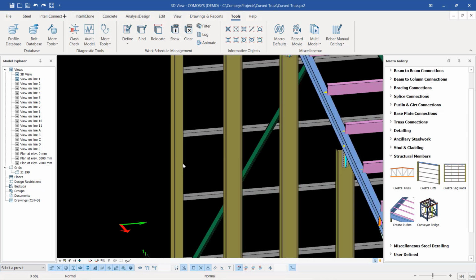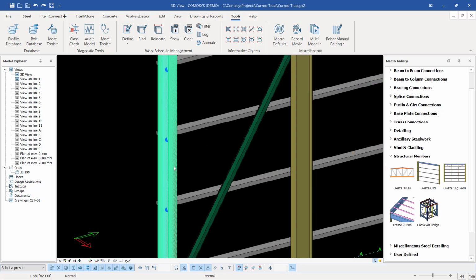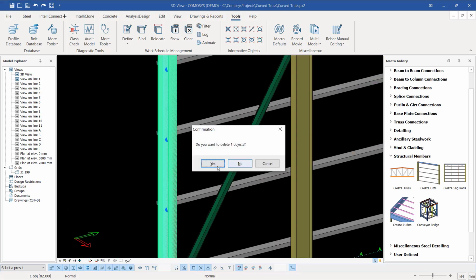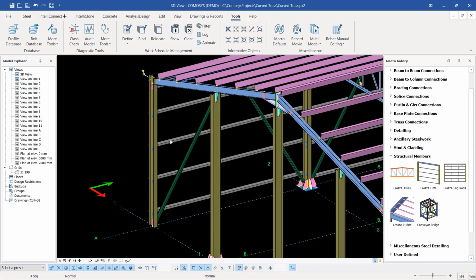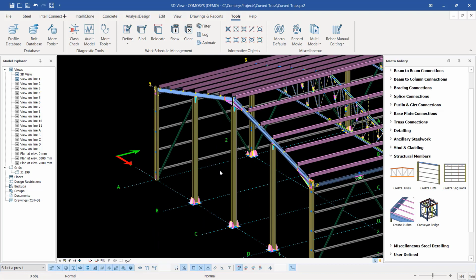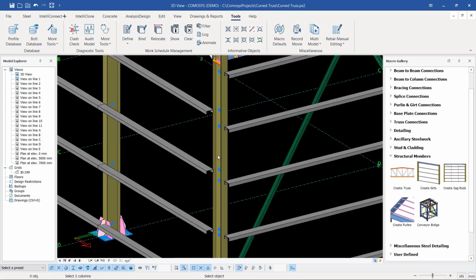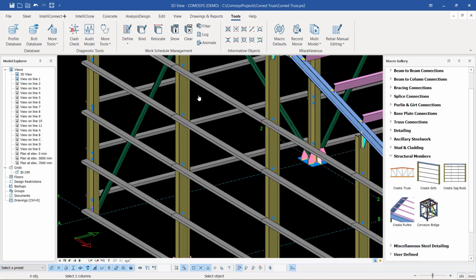I had some misalignment on this column, so we can have two columns here. So let me just delete that. That's why you can see some information is not right. Now if I come here and click on that column and come all the way to this column here, we can create the